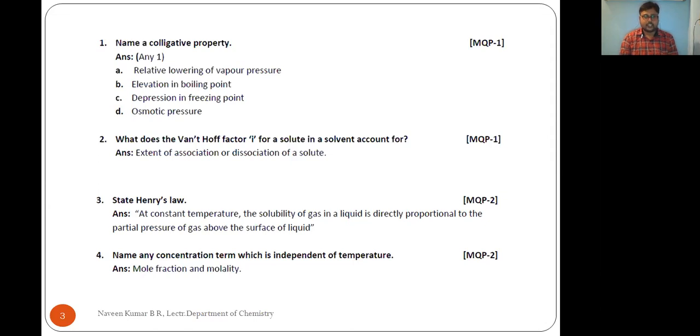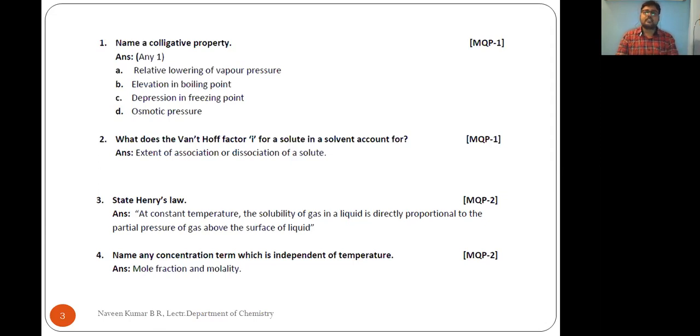If the question is to name a concentration term which depends on temperature, you can easily take molarity, as molarity is defined as the number of moles of solute divided by the volume of solution in liters. So the volume term is there in the expression. As temperature varies directly with volume, molarity varies inversely with temperature. So you can remember this simultaneously with this overlapping concept.